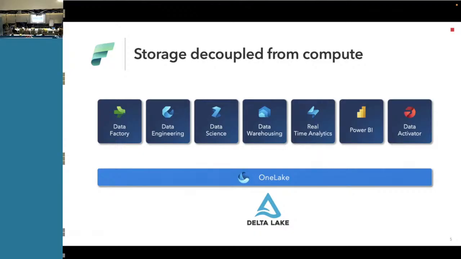It's the same code, just that all of the optimizations are now landing in Data Factory in Fabric. But you can see different engines decoupled from storage, so storage decoupled from compute. Data Factory is the same thing as a pipeline in Fabric. We have pipelines and we have Dataflow Gen2.